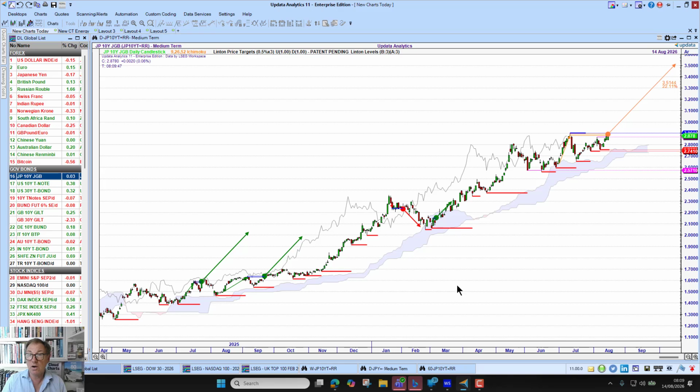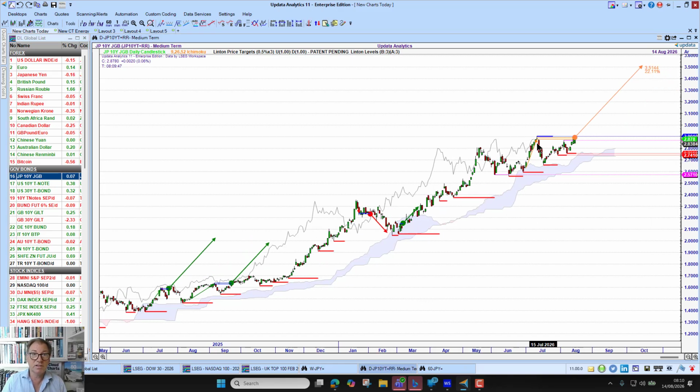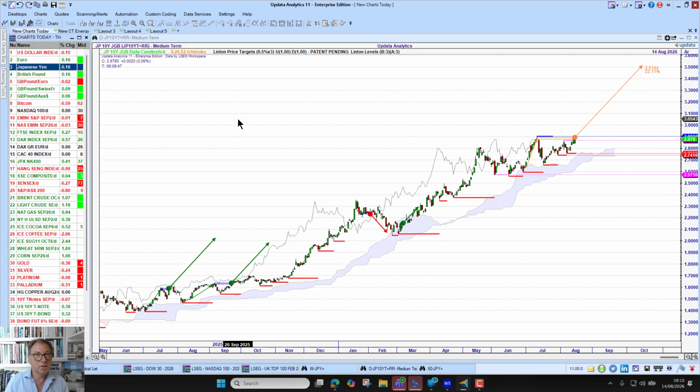We're seeing here on the Japanese government bond yield, the 10-year yield, we have got this upside target. That's looking like quite a sort of bullish triangle pattern. And so 3.5% is the target, and that would create quite a lot of issues for Japan, the most indebted large economy in the world, with a debt to GDP ratio of 250%. So certainly something to keep an eye on, and we do watch that quite closely in Charts Today.